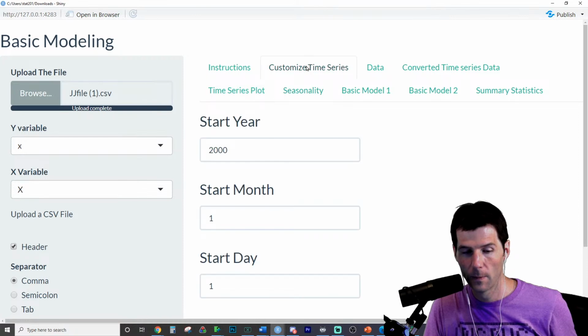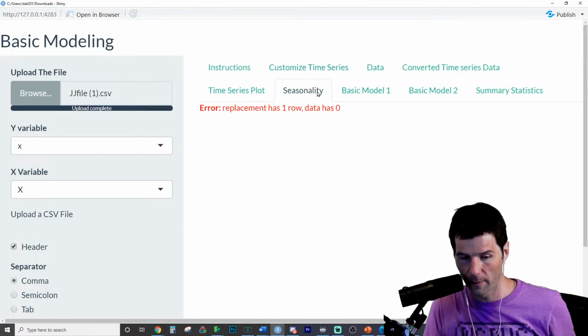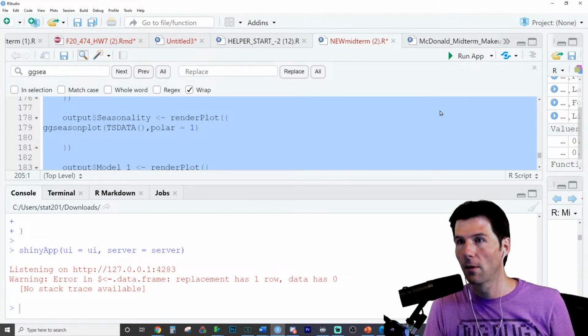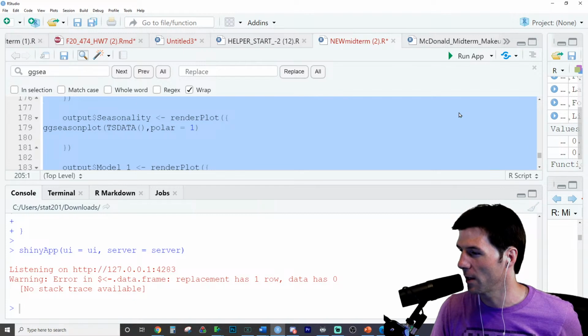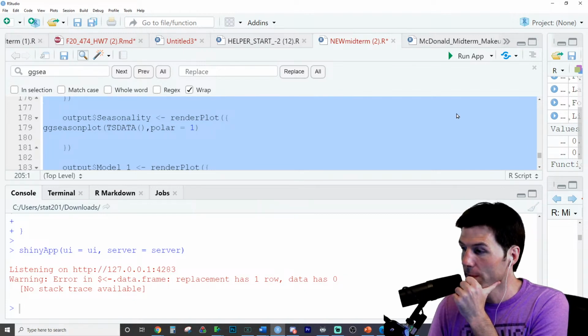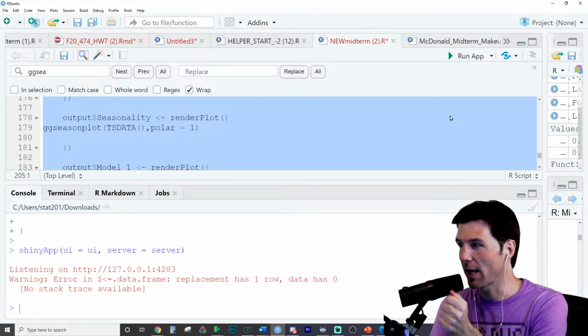Some of them will get mad. This data doesn't have this format. It's not that kind of data. Every time I see an error, I freak out and go right back to the code instead of looking for small things. Yearly equals 1, daily equals 365 exactly. So you just have to make sure your data has that sort of structure to it, and then you can get some sort of seasonality out of it.